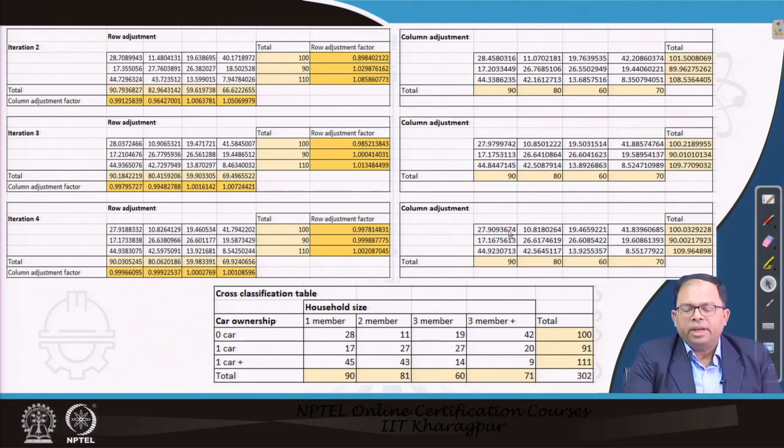And then once we have these values, we need to integerize them. That means, we need to convert them to integers. So, over here we did a straightforward integerization, where 27.9 becomes 28, 17.1 becomes 17. So, these values come over here, and we see there is a little difference with the marginals, like here we are getting 100, but here we are getting 91 and 111. That results in the addition of 2 people. So, this is a discrepancy.